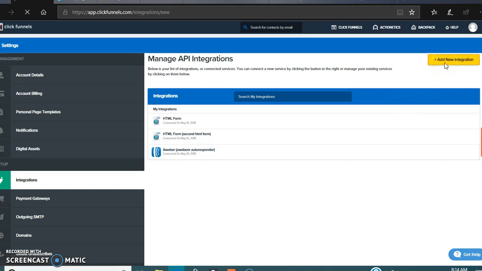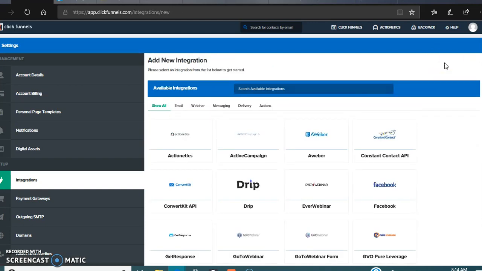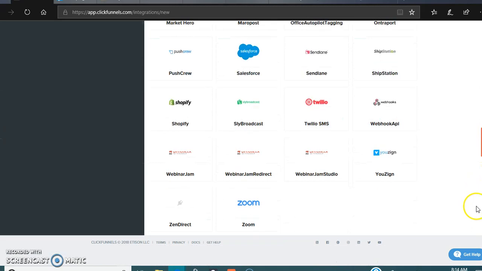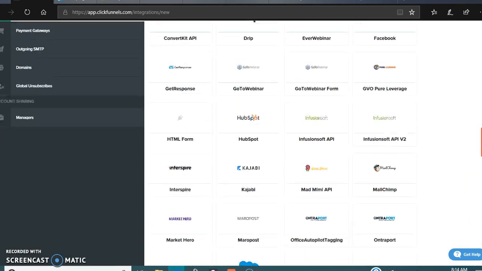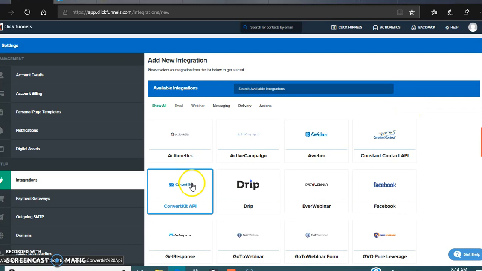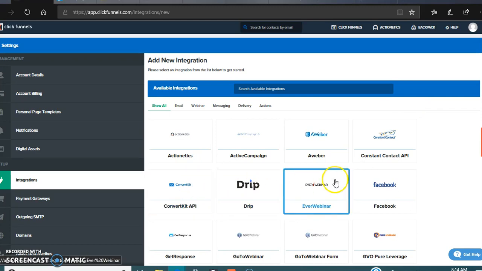I'm gonna hit add new integration. And as you can see, you can choose from hundreds of different types of integrations. There's a web right here, you click it and you set it up. It's easy as that. Now you can also go with ConvertKit, Drip, Get Response,